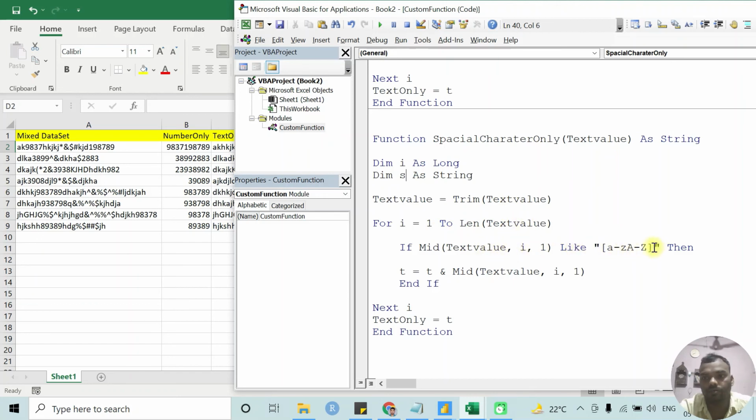Check the same value, also check 0 to 9. Not a to z in cells, not capital A to Z, not 0 to 9 digits. Using the s variable, same, only here use this, and using s the same.